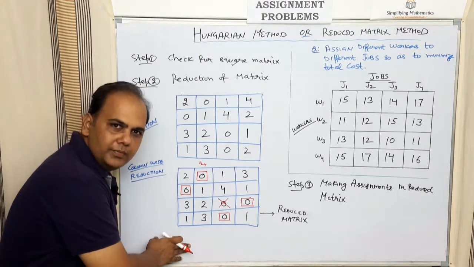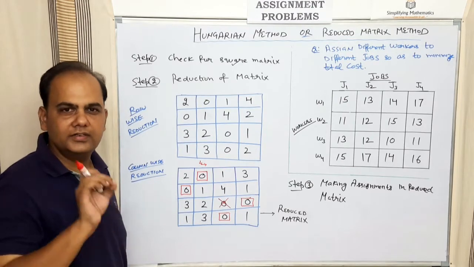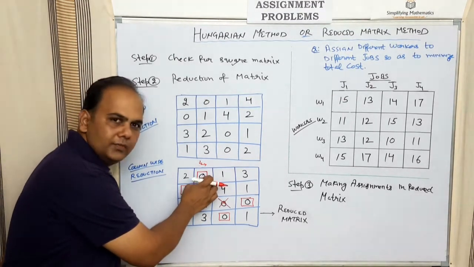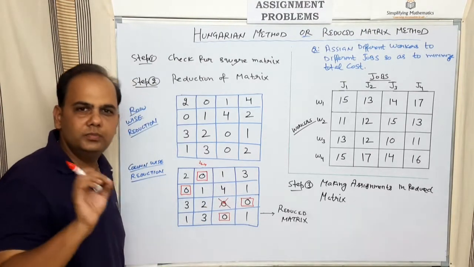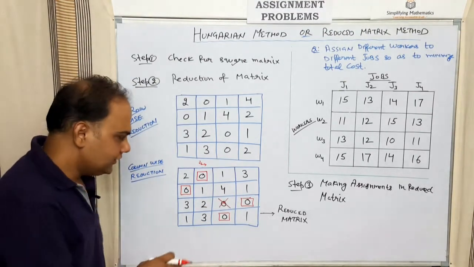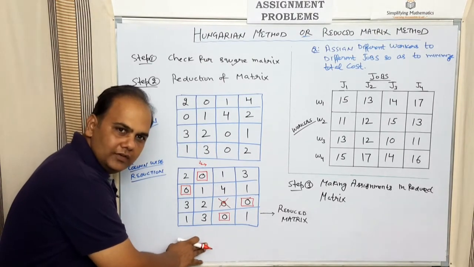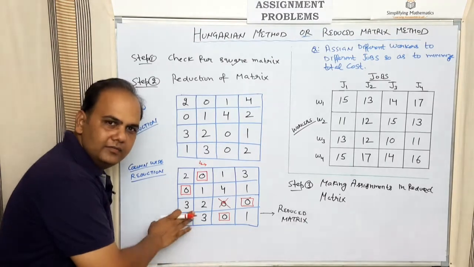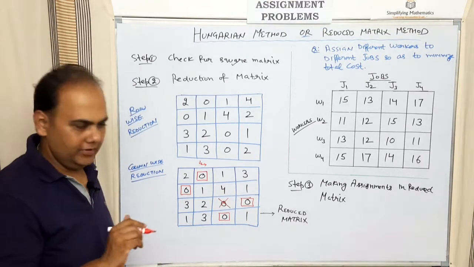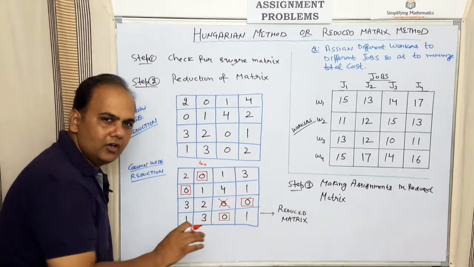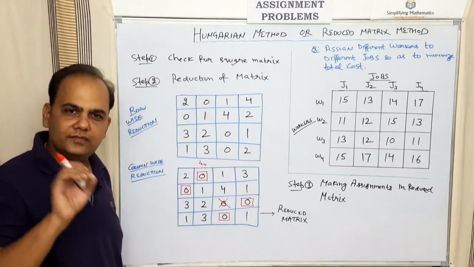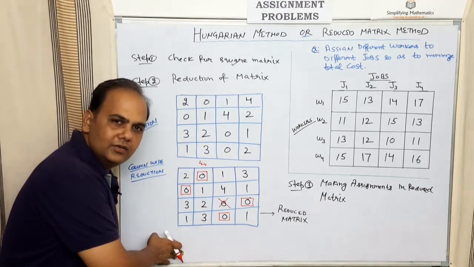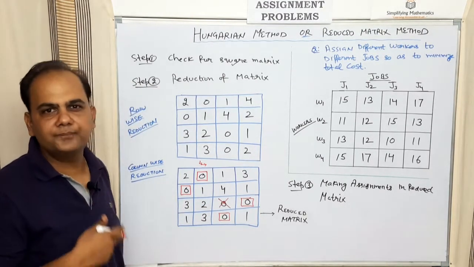Now all zeros should be either assigned or crossed. There should not be any leftover zero. कि सभी zeros पे या तो assignment हो या क्या हो, cross हो, कोई भी zero vacant ना हो. तो if this situation comes when there is no zero left over, then you have to look for कि in every column and in every row there should be one assignment. तो हर row और हर column में are you getting one assignment? If this is so then that will be your optimal solution. अगर वो assignment नहीं आ रही हर row और हर column में, then we'll move towards step 4.